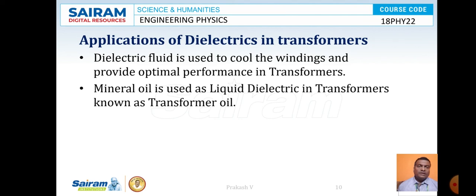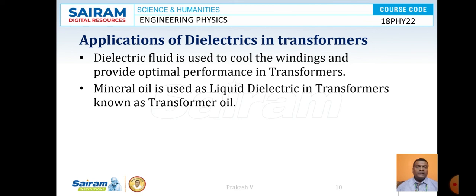So it will protect the transformer when the transformer is operating at around 3 kV. When a transformer is operating at 3 kV, the air gap between the windings of the transformer coil gets heated up and gets ionized. Because of this process, enormous heat will be generated that will affect the insulation of the transformer coil. So the transformer gets damaged because of this.